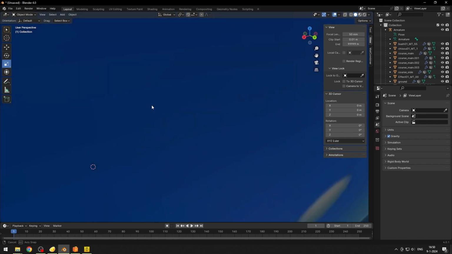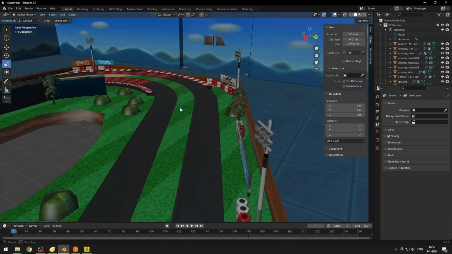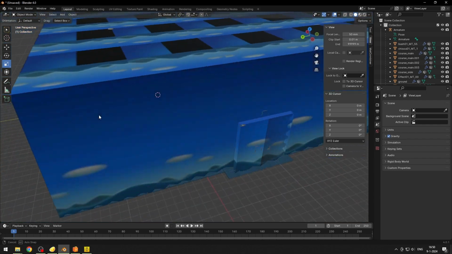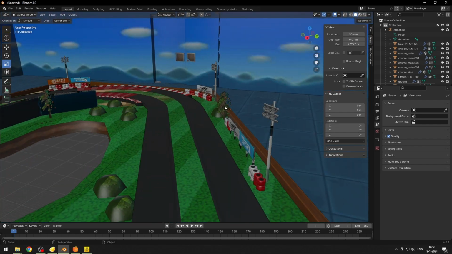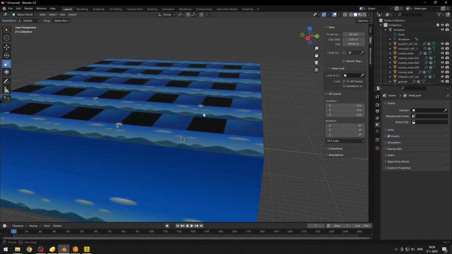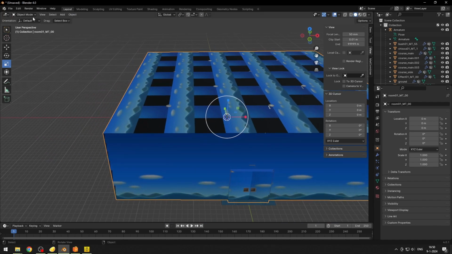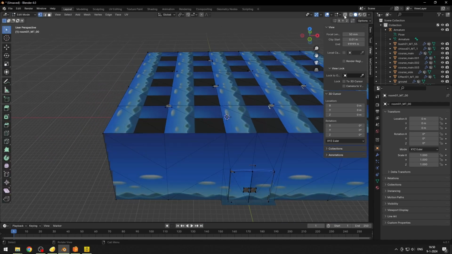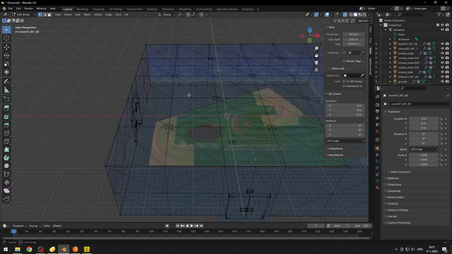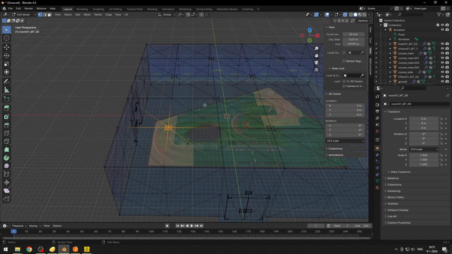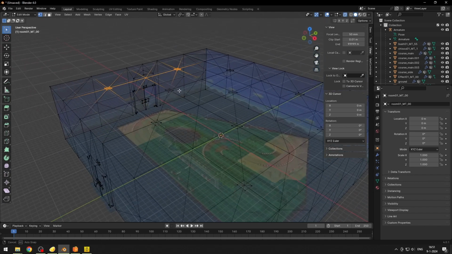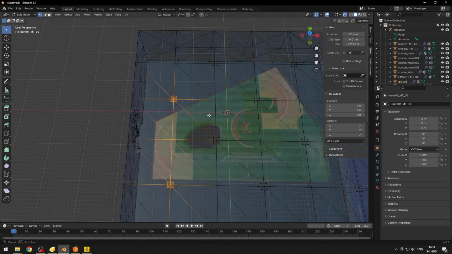Yeah, here we go. We got the track in its own, and it's upscaled. So we're gonna have to do something for this track, because if your track has a roof or something that obstructs the top view of this track, we're gonna go into edit mode, and we're gonna have to remove this roof, because you're gonna need to see the top of your track in order to actually see it in the